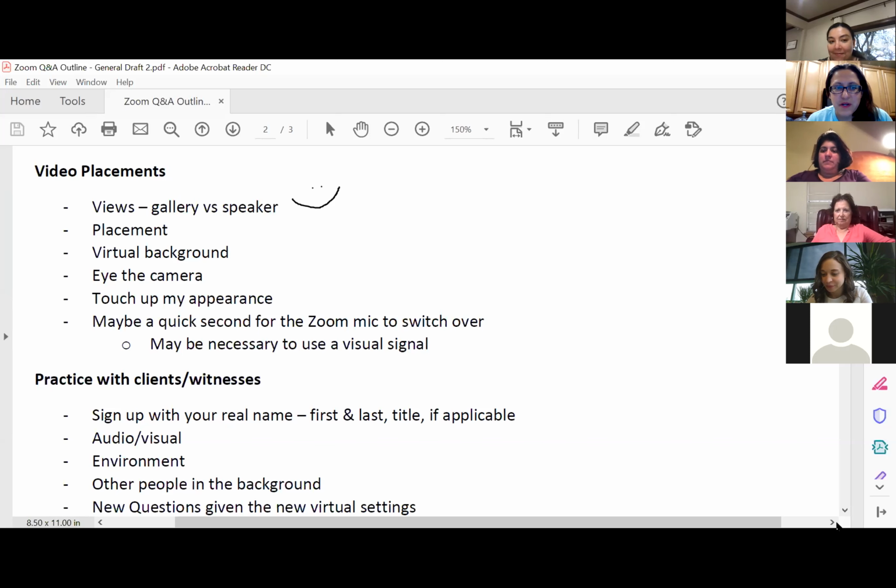There is a feature on your video that you can enhance, I think it's called Touch Up My Appearance. Not that any of us are vain, but if you'd like to do that, you can turn that on. Krista, you can go over to the video settings and click on that little box. You can also switch the image 90 degrees. So if you want that,